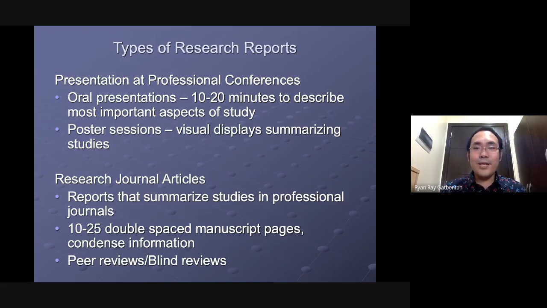Yung mga kinukuha ninyo sa internet, those are research journal articles. Okay? Now, these are reports that summarize the study in professional journals. Now, these forms or these researches are condensed. Bakit siya kino-condense? Ibig sabihin sinisiksik, no? Why is it condensed? Because publications usually limit, no, the number of words because they want